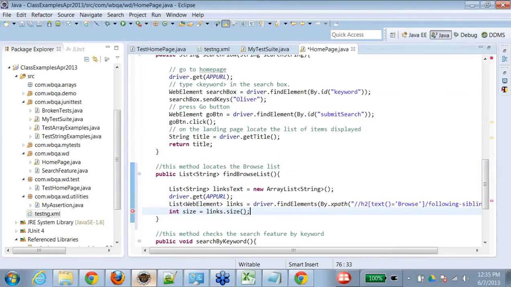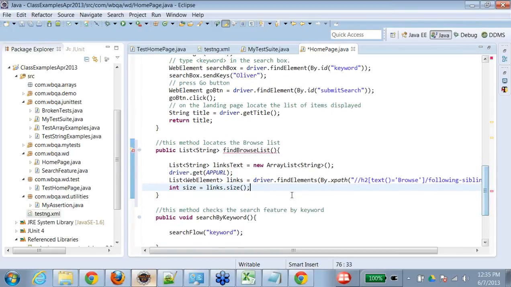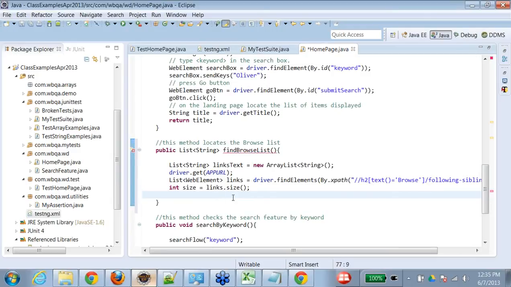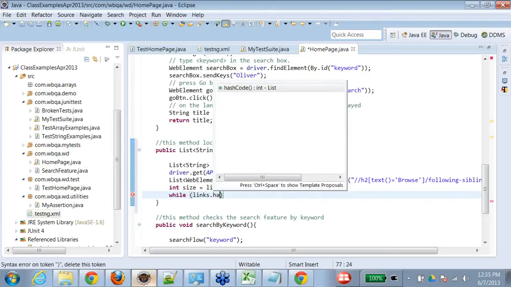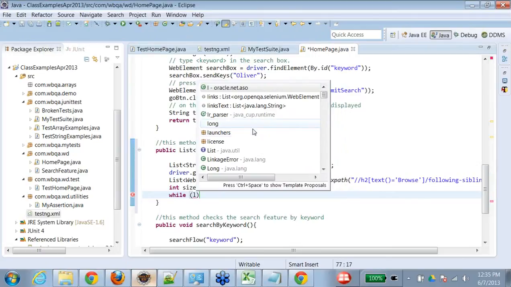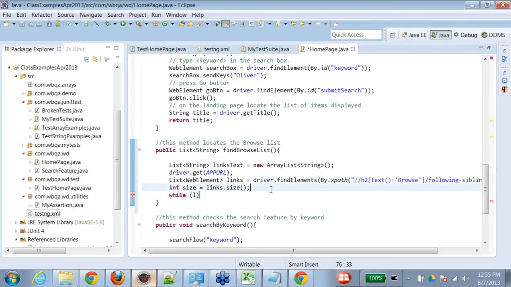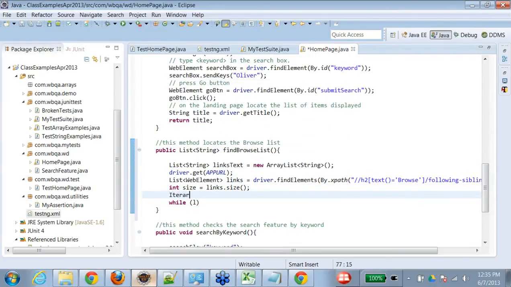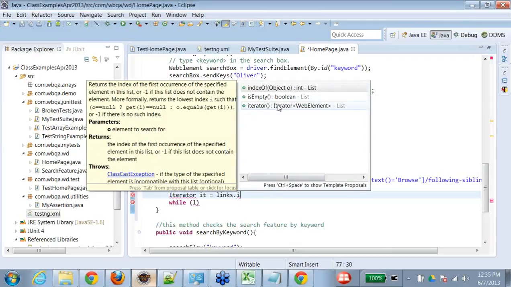So this will tell how many actual elements there are. Then we have to put an iterator, right? So create an iterator, say it is equal to links dot iterator,